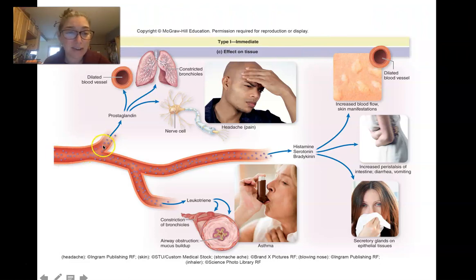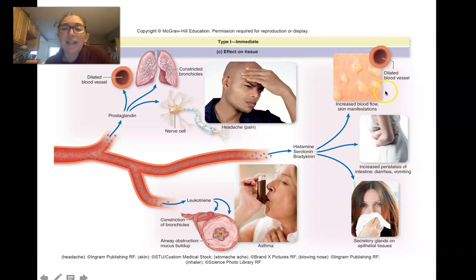So here are those cytokines, remember the granules that were released by those mast cells. The prostaglandin leads to pain, that is the key thing with prostaglandins. Leukotrienes cause constriction of the bronchioles, so it makes it very hard to breathe, hence needing an inhaler. And then histamine and a couple of other important cytokines, but histamine in particular causes the swelling, the blood vessel